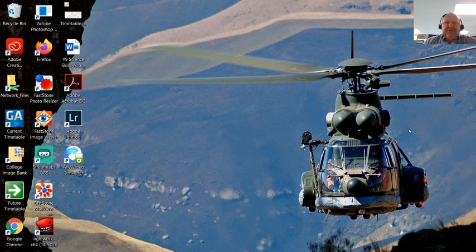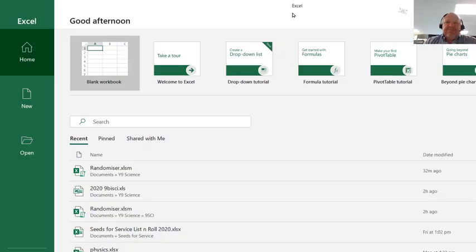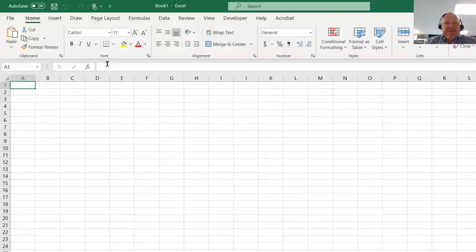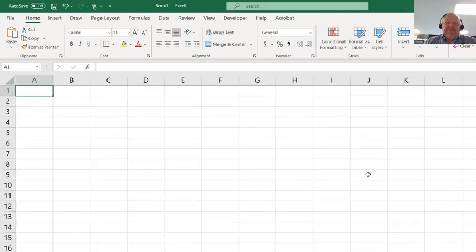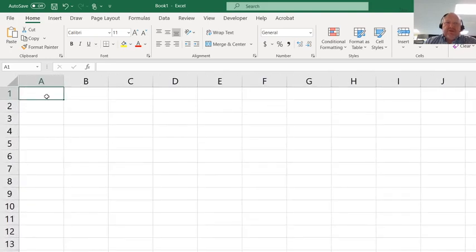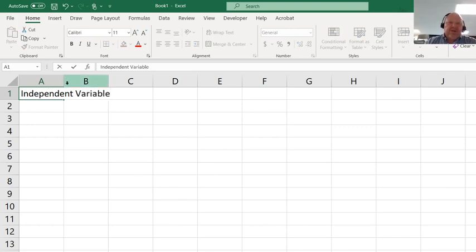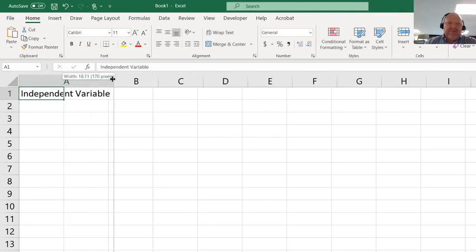things, obviously, you do is go and open Excel, then you choose a new or blank workbook. Okay, and this is the view that will open for you. When we open this up, in our first column we always put the independent variable. Remember, independent variable starts with an I, which means I am the person that can change